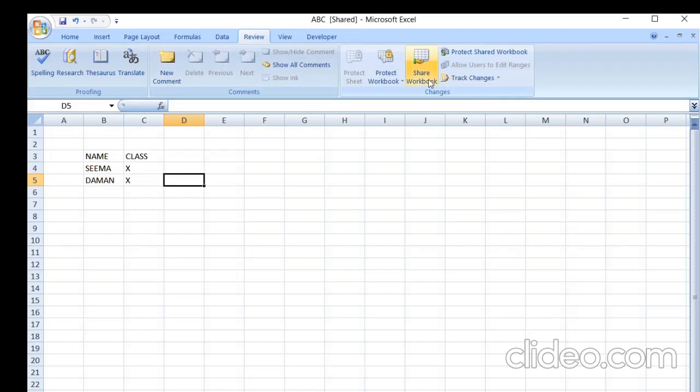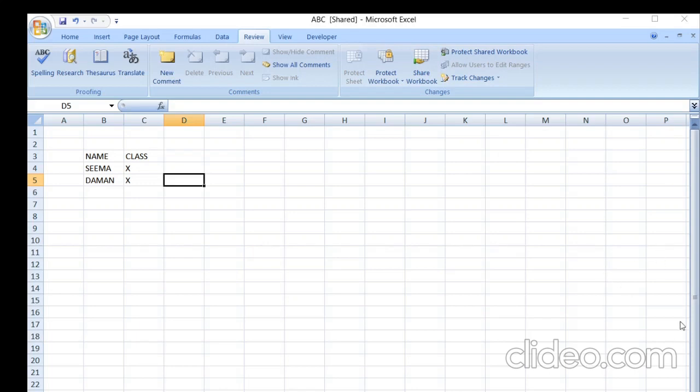Clear? Even if you want to highlight the changes that others are making, you can do that. You can keep track of that also. If you want to protect it, you can protect it. But the main thing is you can see that the word shared is written there. Through that you can see that this file is shared. Keep change history for whatever period, or don't keep the change history when the file is saved.